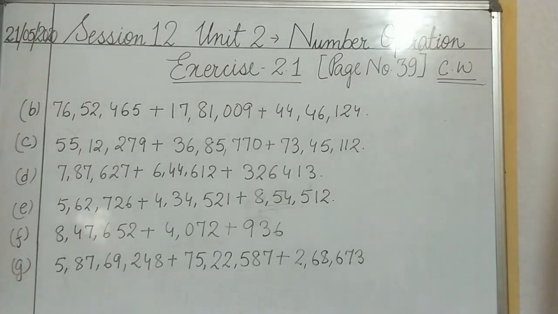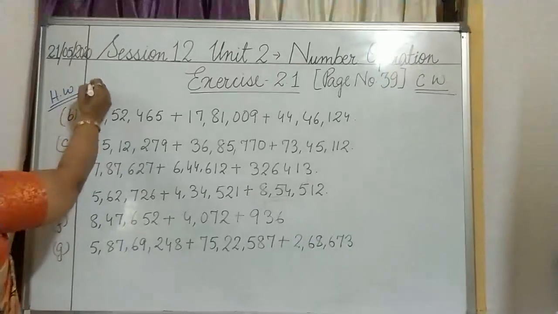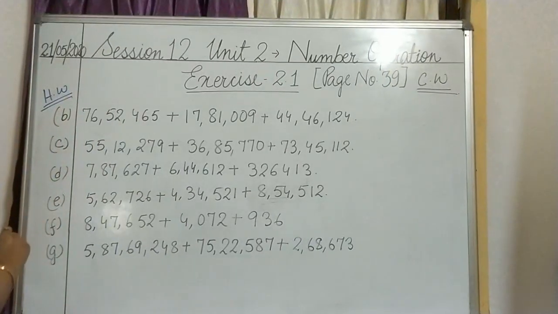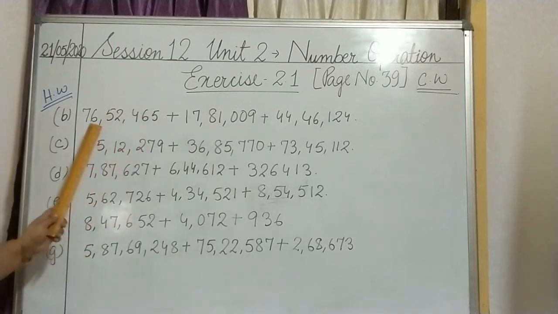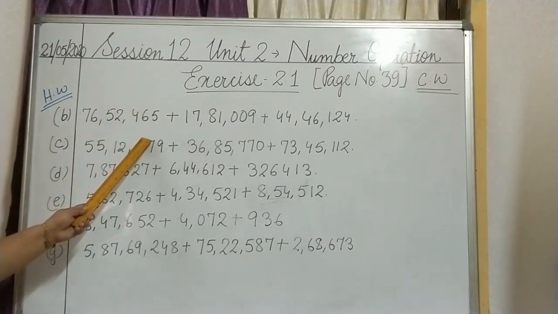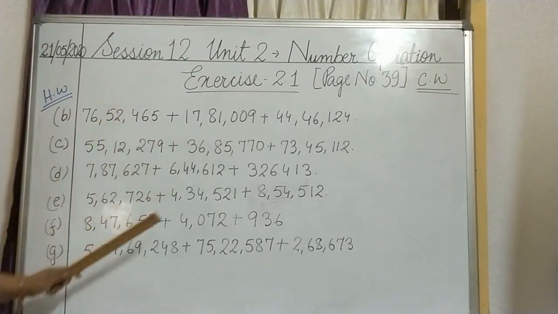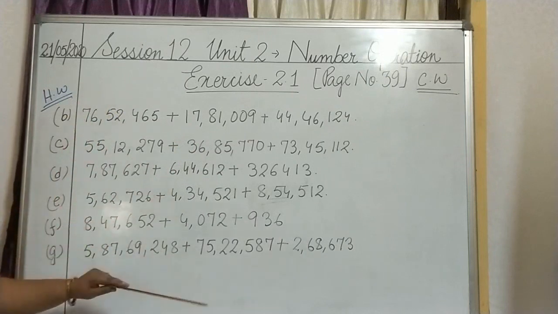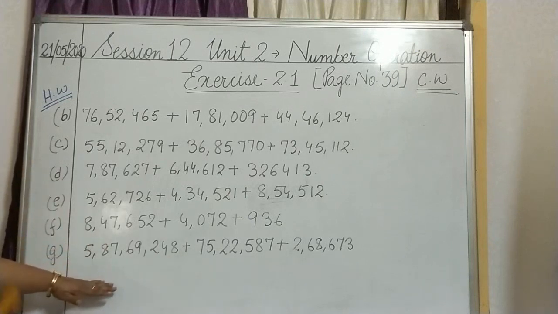And where are you going to do this homework? You will be doing it in your which copy? Mathematics copy, isn't it? Okay, so as you can see, I hope each and every digit is clear to everyone. So you need to arrange them according to the place value chart with the proper space in between, and then how are you going to arrange it? You have to arrange vertically, okay, and then you will get your answer. Ready? So this is all about your homework from question number 2.